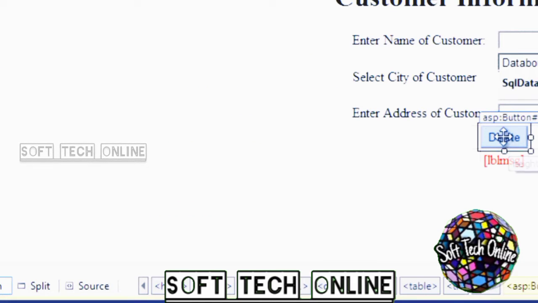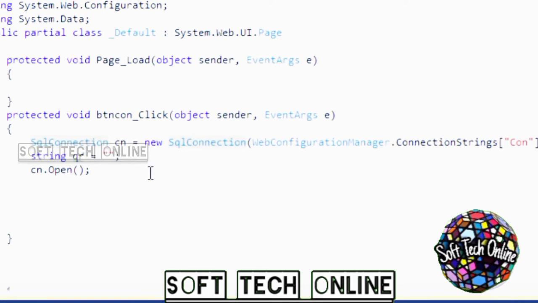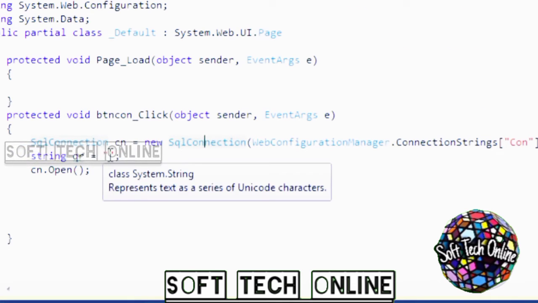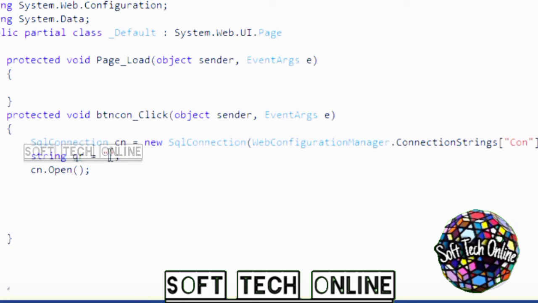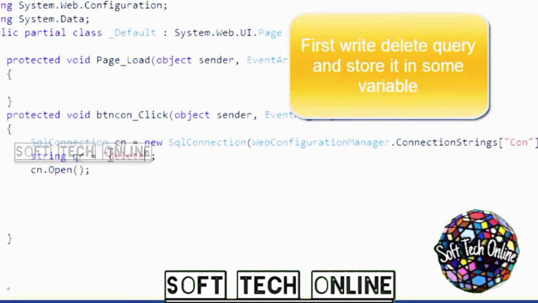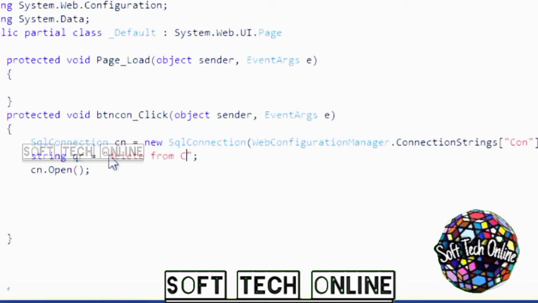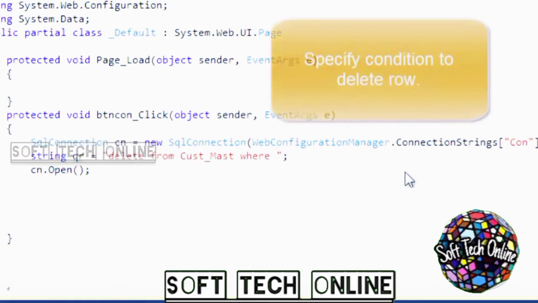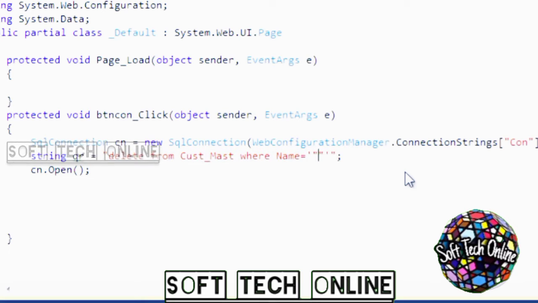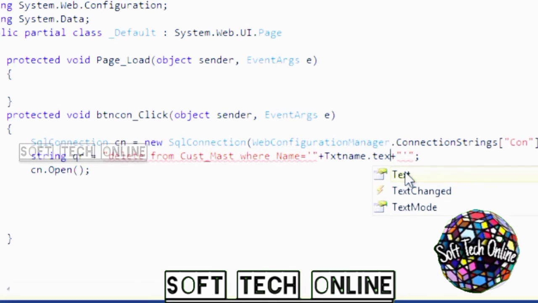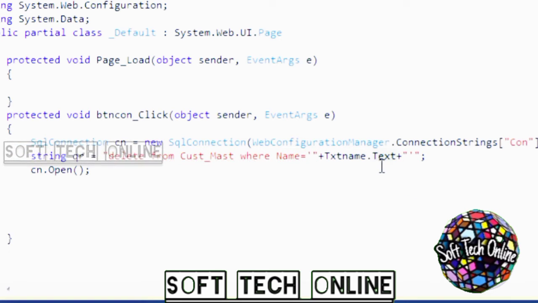In this video tutorial, we will learn how to delete data from the database using SQL command and from details which is entered in the form. So first go to the event of the button. We have already created SQL connection and query variable of string type. Now write the delete query in this variable. I am writing delete from customers where name is equal to the name which is entered in the text box txtName. So the name which is entered in this text box which we have created in the form will be deleted